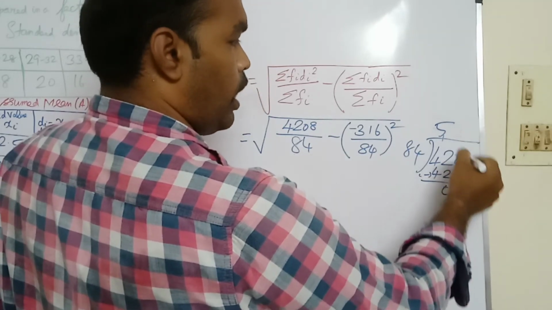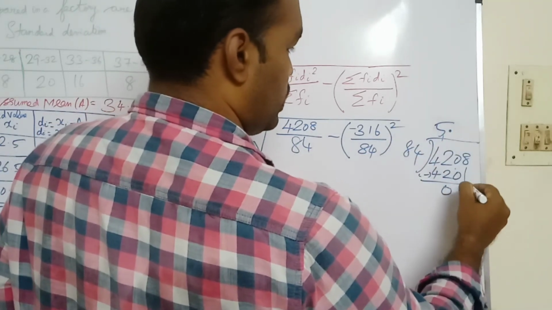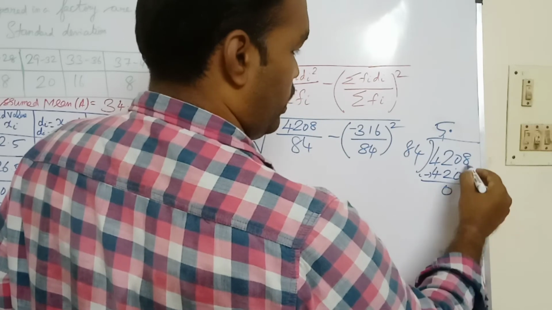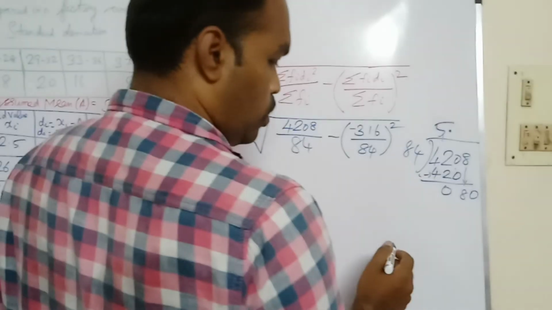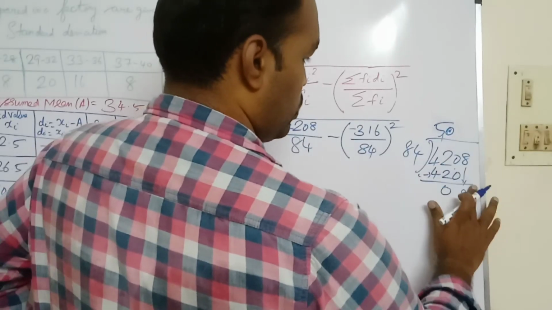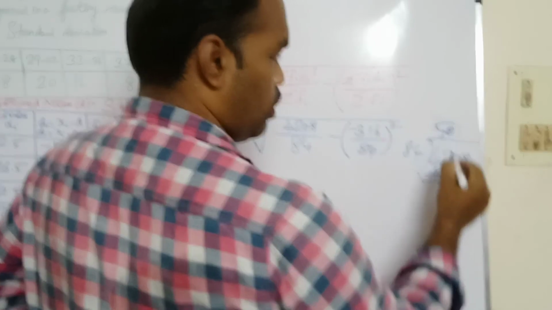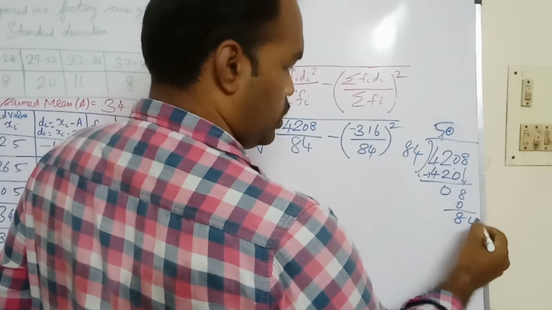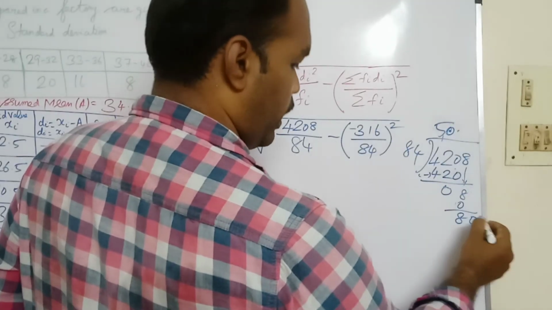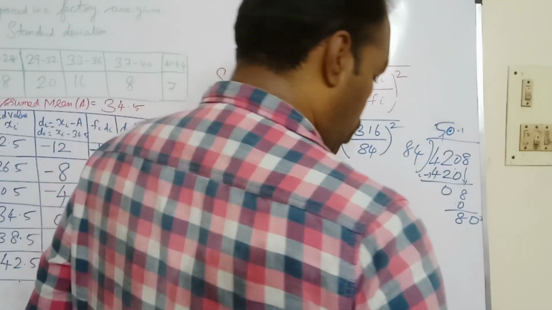Now, we are unable to divide 8 divided by 84. It's not possible. So dot we can mention. 8, 0 we can bring down. Then after that 0 we are mentioning. Then what will come? The value which will be coming is 0. 0 into 84, 0. 8, 0. This dot again 0. So now how much will it come? 1. So 50.1.